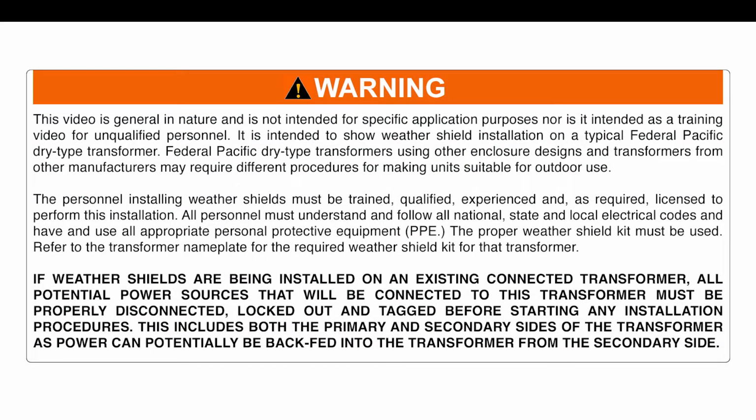If weather shields are being installed on an existing connected transformer, all potential power sources that will be connected to this transformer must be properly disconnected, locked out, and tagged before starting any installation procedures. This includes both the primary and secondary sides of the transformer, as power can potentially be backfed into the transformer